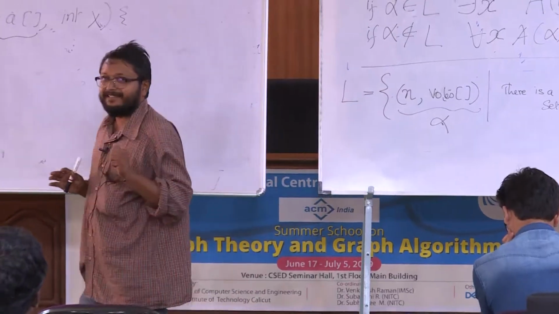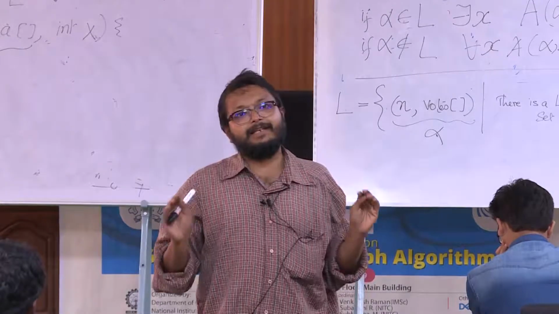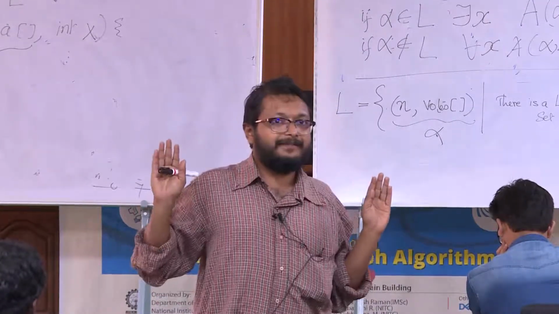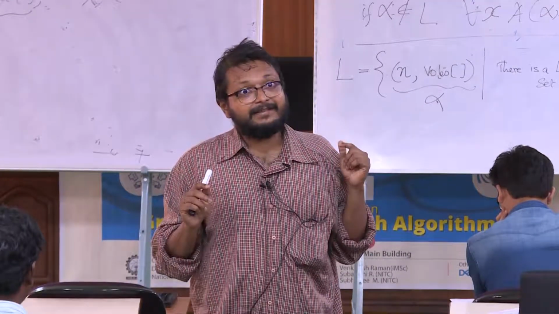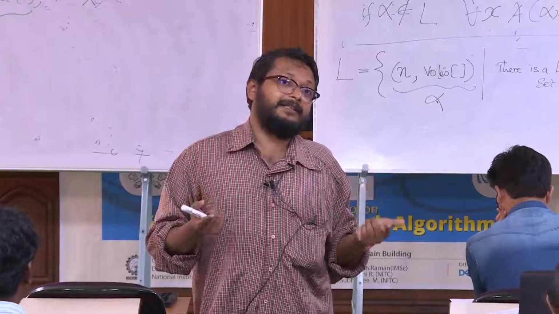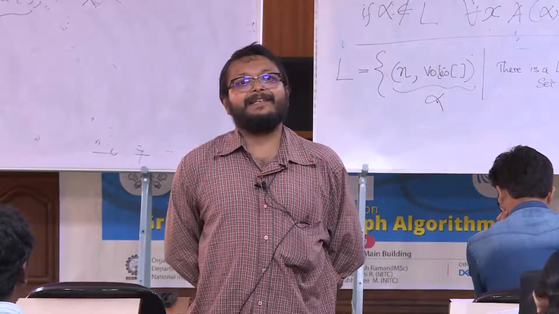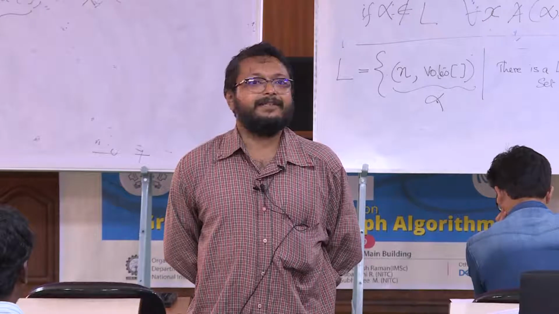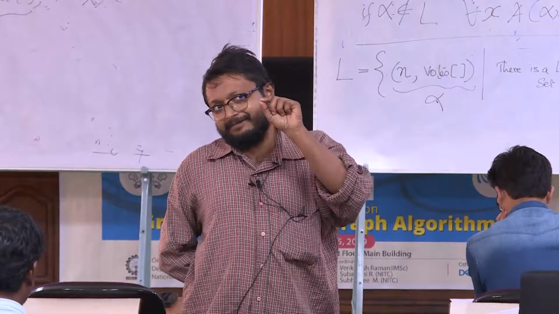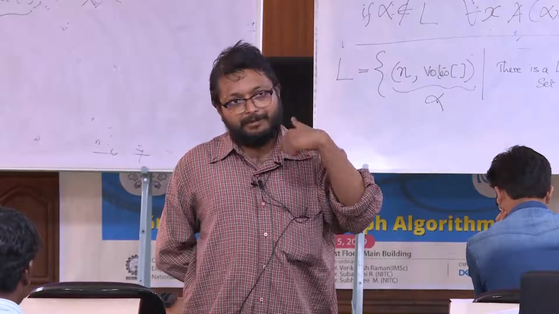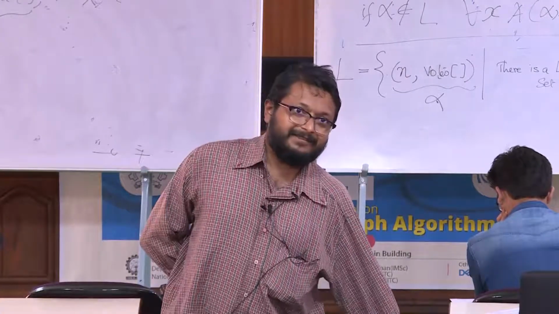So, I want to design a verification algorithm. For any verification algorithm, the first input is the problem instance itself. The verification algorithm is free to ask for one more input. That is my allowance when I am asked to design not a solution for the problem, only a verification. So I can design an algorithm which not only asks you for the problem instance, but also asks you to give a certificate along with it. Is that clear?